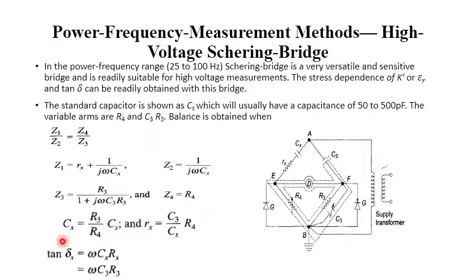Usually tan delta x will be small at power frequency for common dielectrics, so that we are considering tan delta x equal to omega C3 R3. The lossy capacitor, which is equivalent to Cx in series with Rx, can be represented as a parallel combination of Cx and Rx, where the parallel resistance Rx is found. The next slide I am going to explain this, with Cx having the same value.